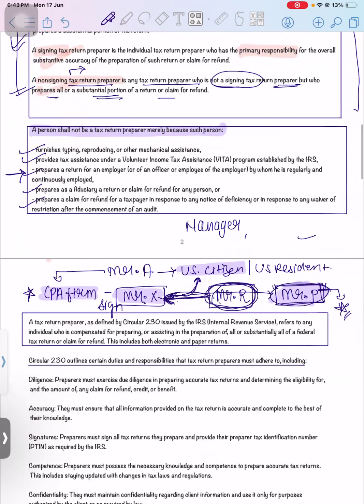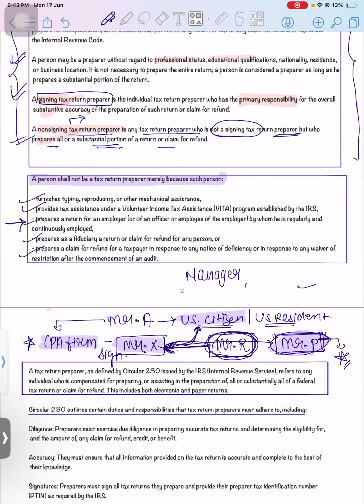Remember the hierarchy in the corporate world. The owner, then the senior manager, then the manager, then we have the reviewer, then the preparer. So the preparer comes at the last, and they are not going to be called a tax return preparer. Preparer is not the tax return preparer in our world. Okay, just remember this. So the one who is in direct contact with the US citizen, US resident, whoever is a direct client, he is the signing